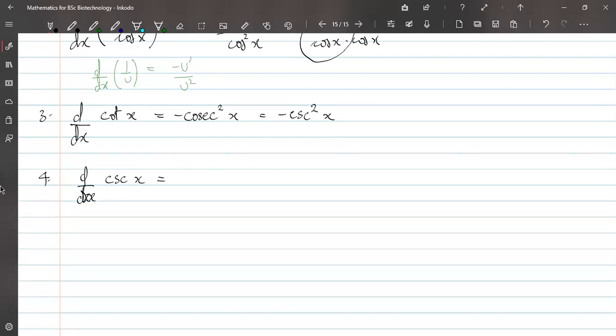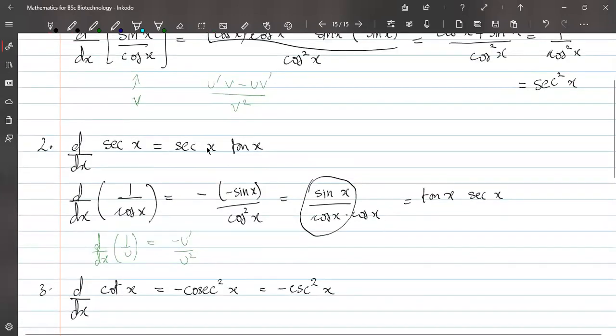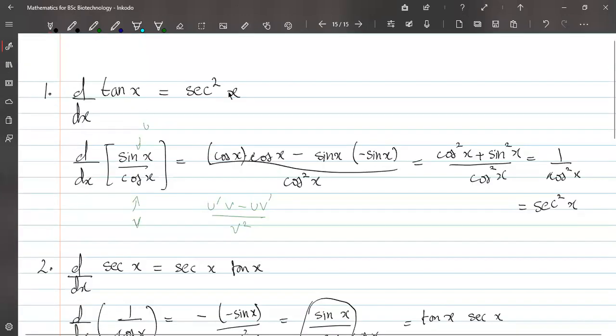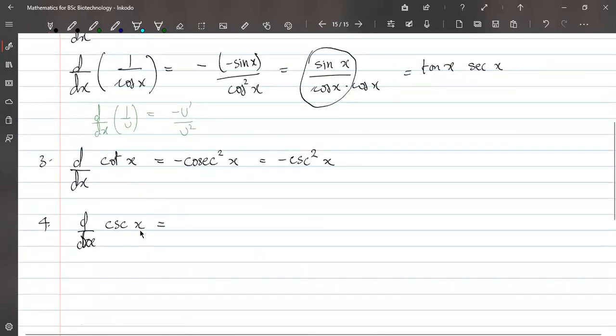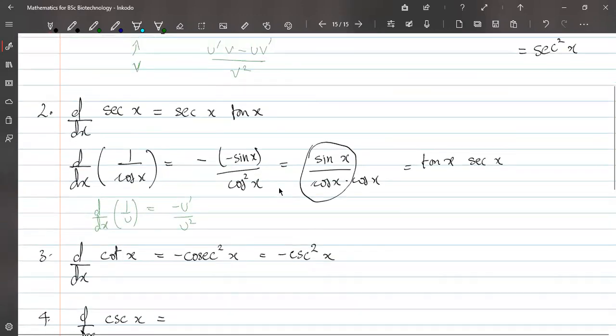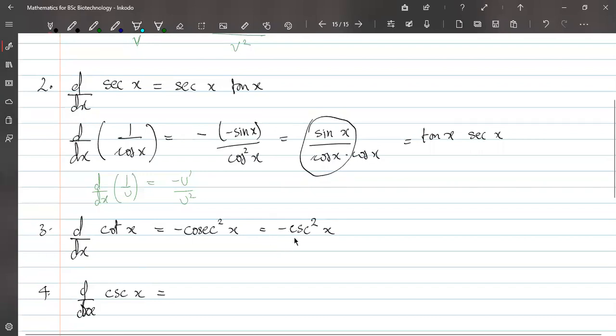this will be what? If you look at these examples, tan x differentiation is secant square x, and secant x derivative is secant x tan x. Now, in some way, you can say that tan x is to secant x as cot x is to cosecant x. So if the derivative of cot x is minus cosecant square x, derivative of cosecant x should be, if it's like this, it should be cosecant x cot x, only that you see that there is a difference here which is minus. So you expect that there should be a minus here also, and so you should get minus cosecant x